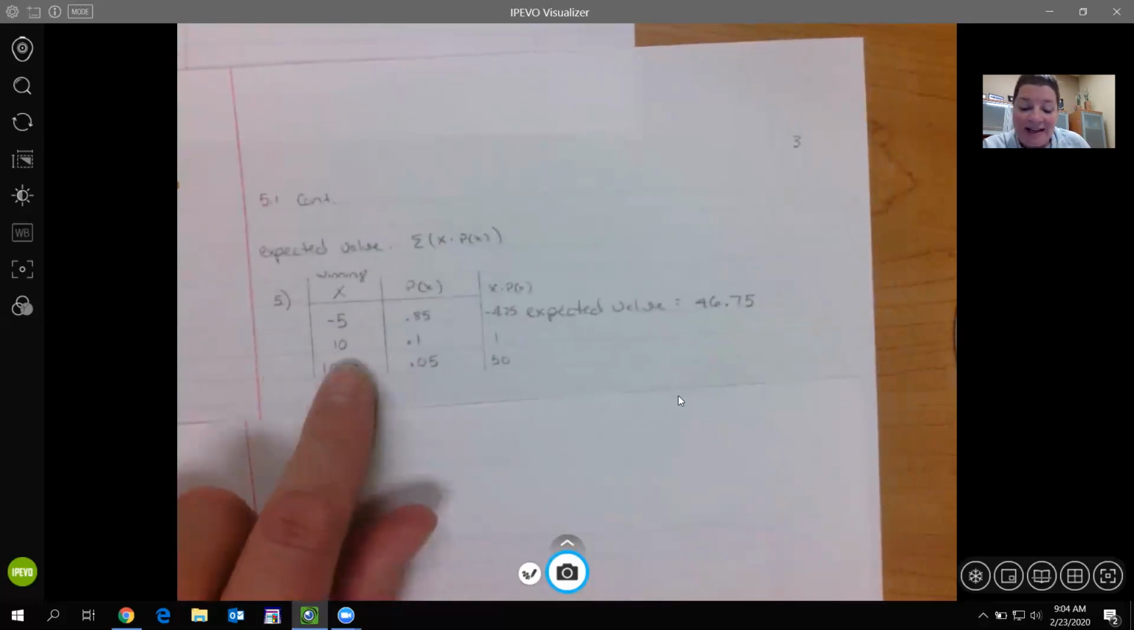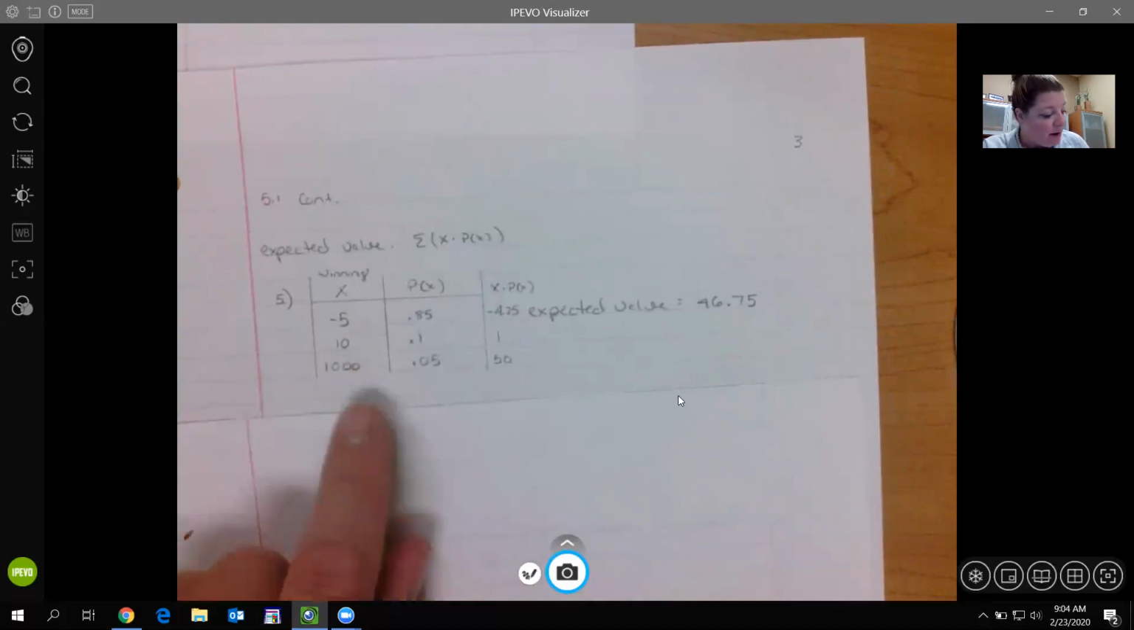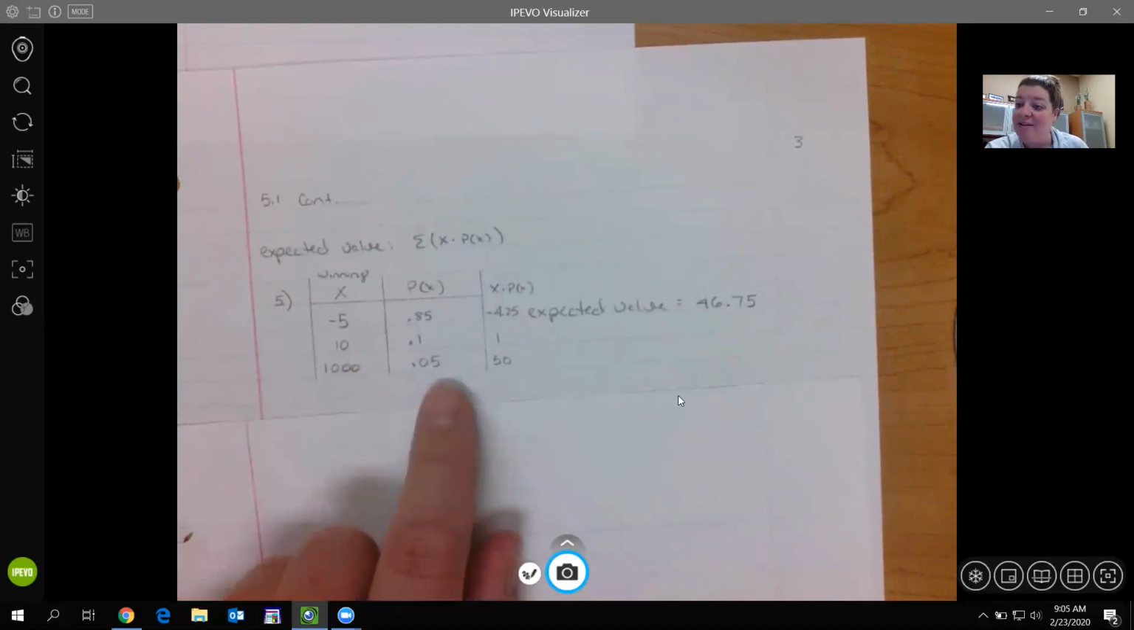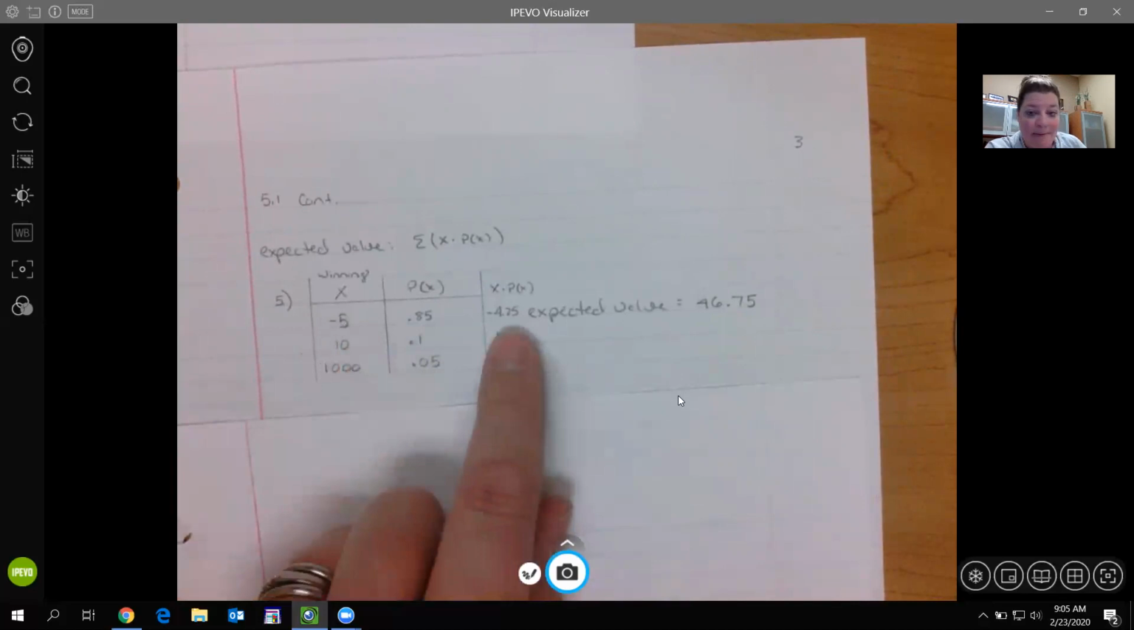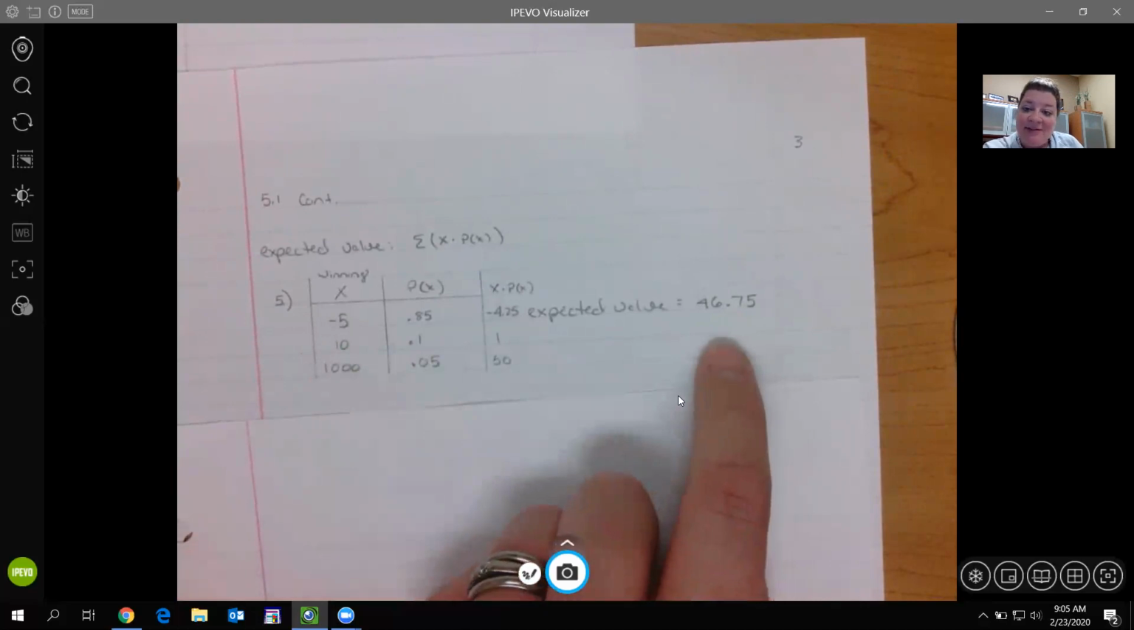The probability of winning $10 was 0.1. The probability of winning $1,000 was 0.05%, or 0.0005. So what we did to get our expected value was we multiplied these together, these together, and these together, and added them all up. So the expected value is